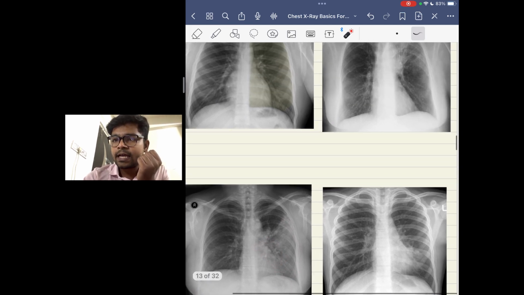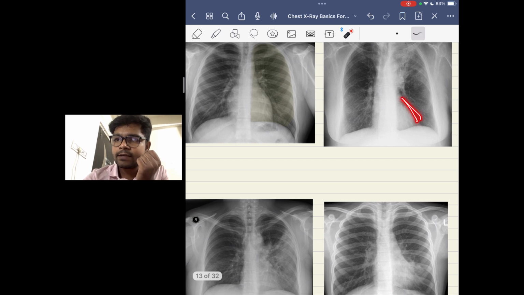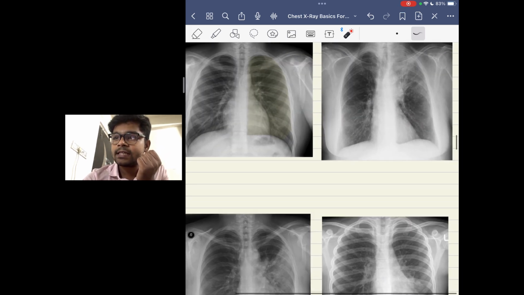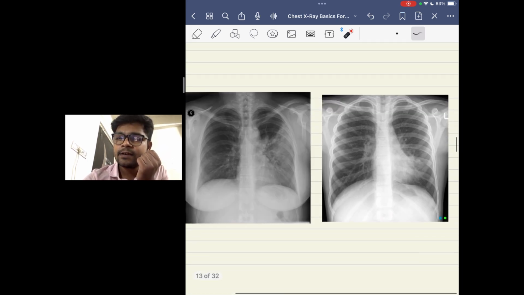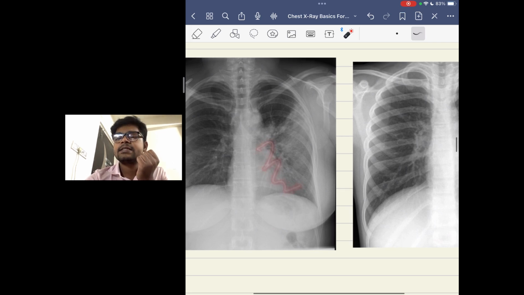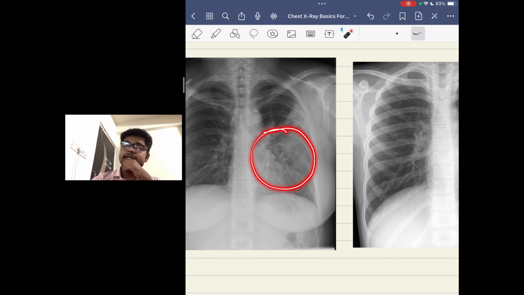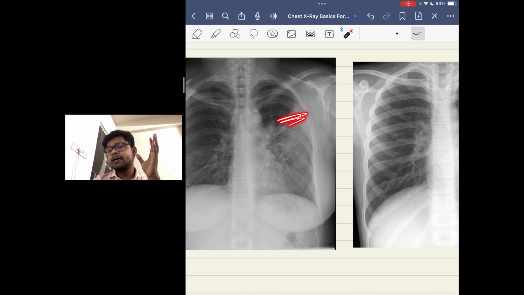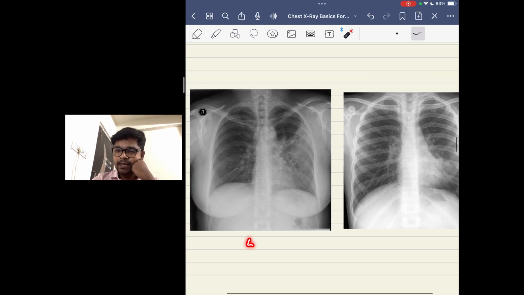You cannot really identify the left heart border like you can in the other X-rays. In this X-ray you can see that there is a haziness of the left heart border. So the pathology is in the lingular lobe and partly in the superior parts of the upper lobe also. So this is a left lingular lobe